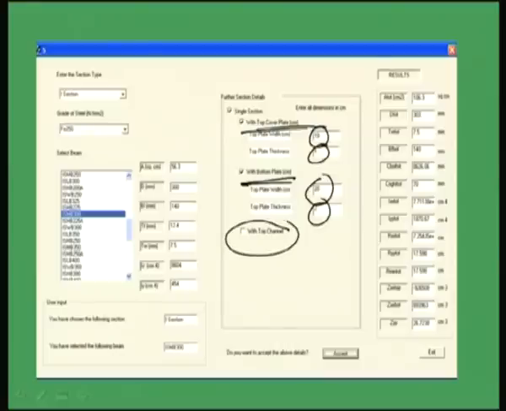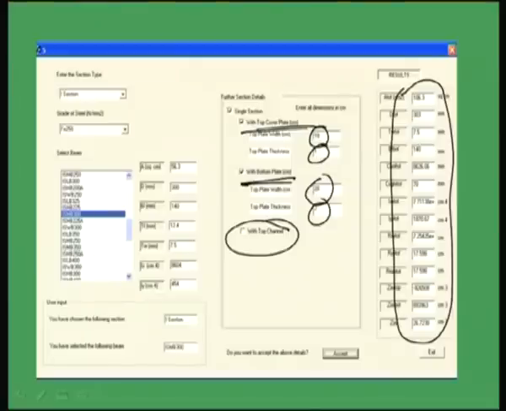Also if you want a channel to be added with that, the channel also you can use by giving a tick mark in the box, then you will get the results here. You see results has been printed here, okay. What is the results? That ISMB 300 whatever we have clicked here, along with the additional plate, what are the moment of inertia, what are the radius of gyration, what are the equivalent area, all the sectional properties have been displayed here. So from this, in a fraction of a second you can find out all the details.